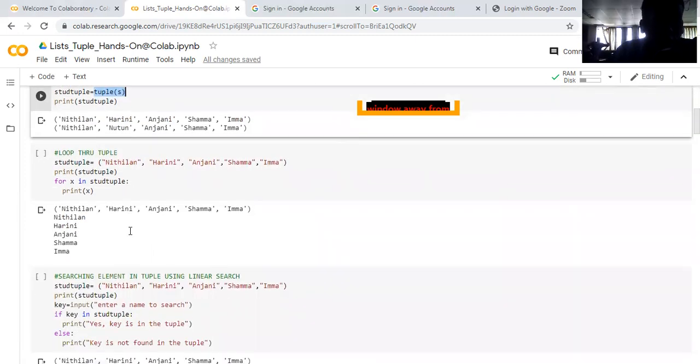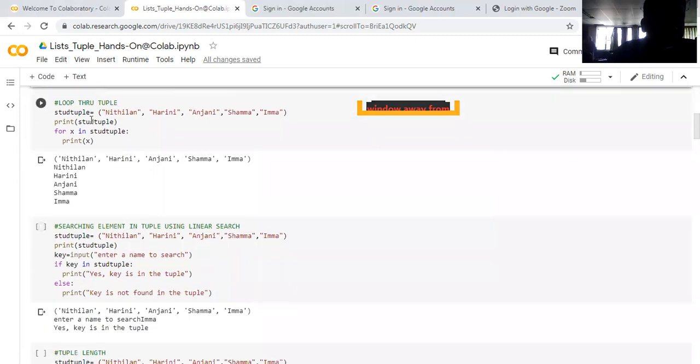Understood? So now you come for the loop through tuple. So we are using the concept of loop here. Using the concept of loop, first you take all the stat tuples and print. So for X in stat tuple, each and everything we consider it as X1, X2, X3, X4 and X5.